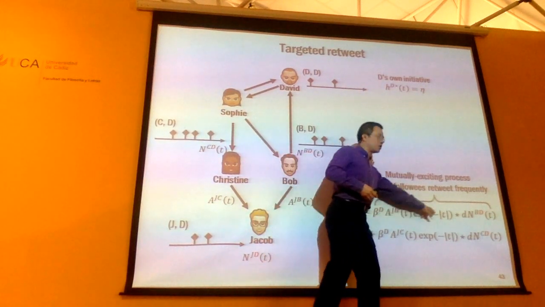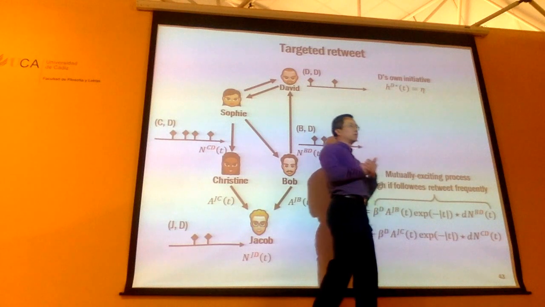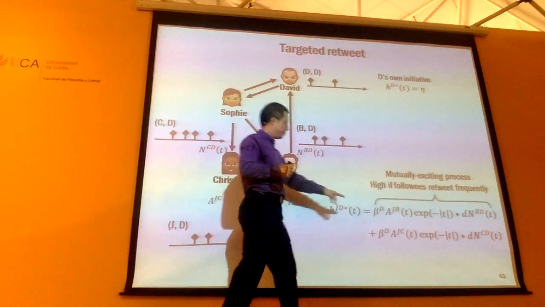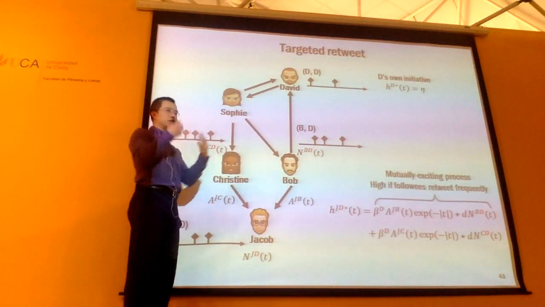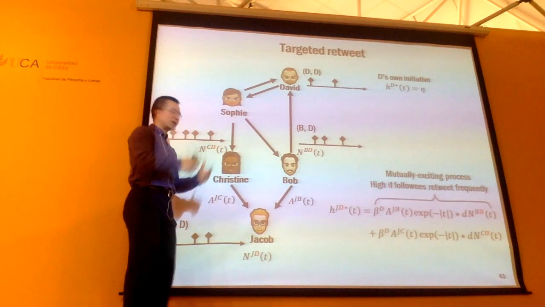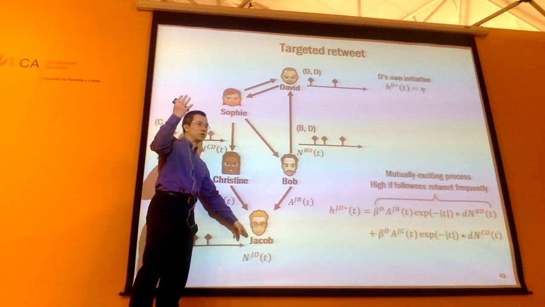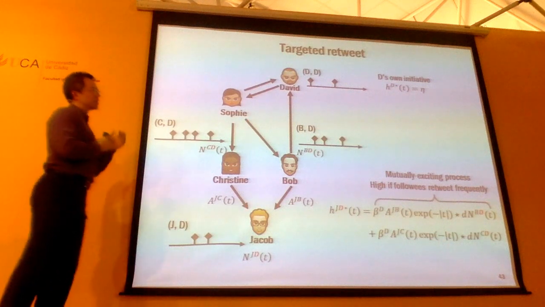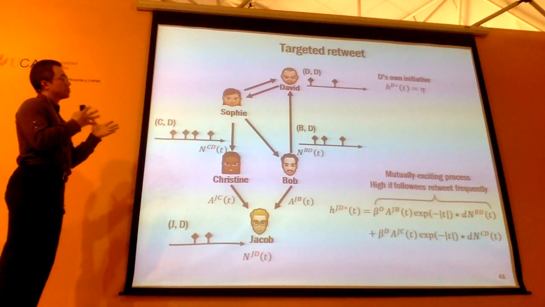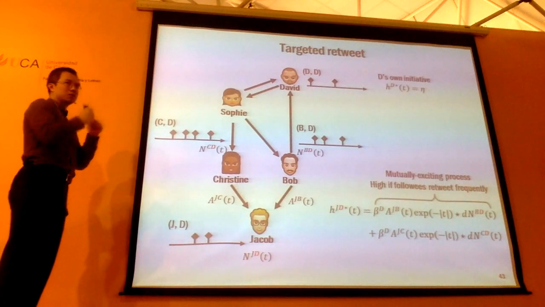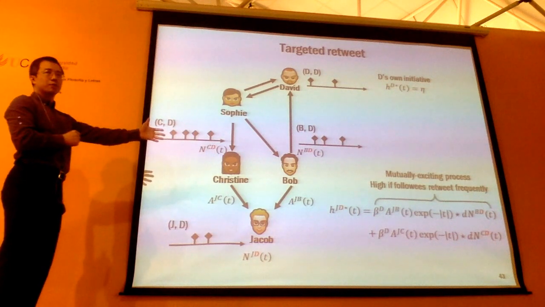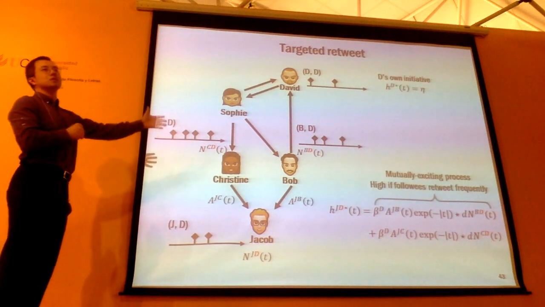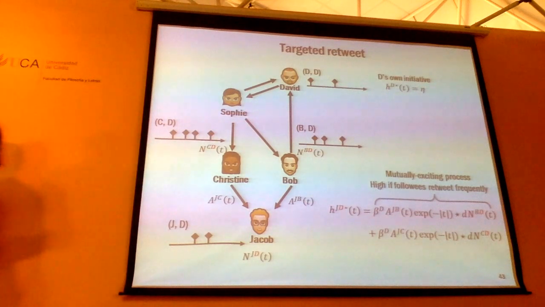And this kernel function here is capturing the temporal decay of influence. If B is large, then every time that Bob and Christine retweet David, it's very likely to trigger a particular event of Jacob retweeting the tweets originated from David as well. So this beta has this type of meaning. When you model this retweeting behavior according to the source, the tweets from the original user, we call it targeted retweet, because you actually acknowledge the particular information source. So this is for retweeting behavior.